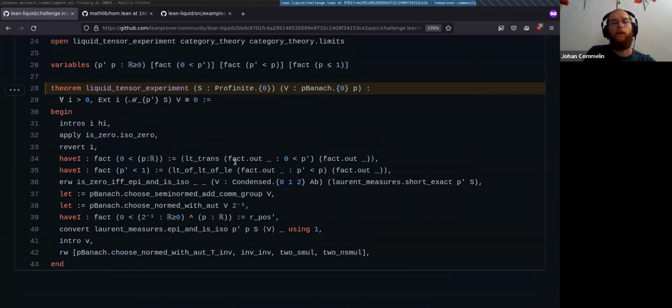Okay. Yeah, so again, you see that p' and p are assumed to be two real numbers that are greater or equal to 0. I mean, we include this for technical reasons because this is a very useful assumption in the rest of the project. But in this particular case, we actually assume that p' is strictly greater than 0, and p' is strictly less than p, and p is at most 1. And then again, we have this profinite set S and this p-Banach space V, and we